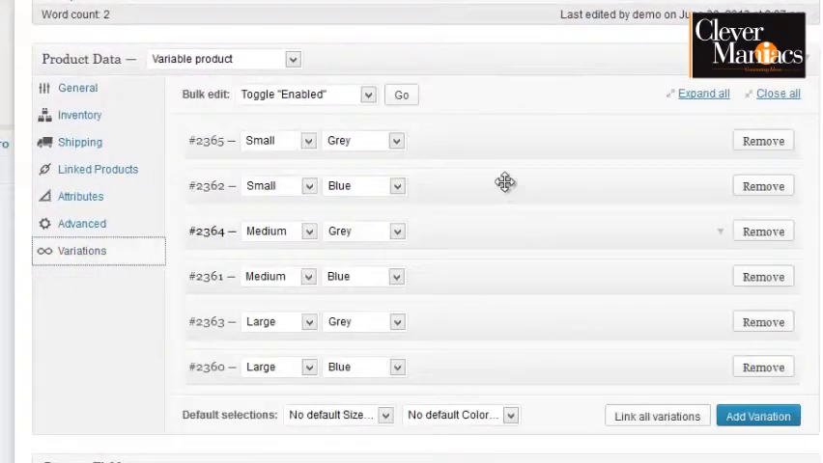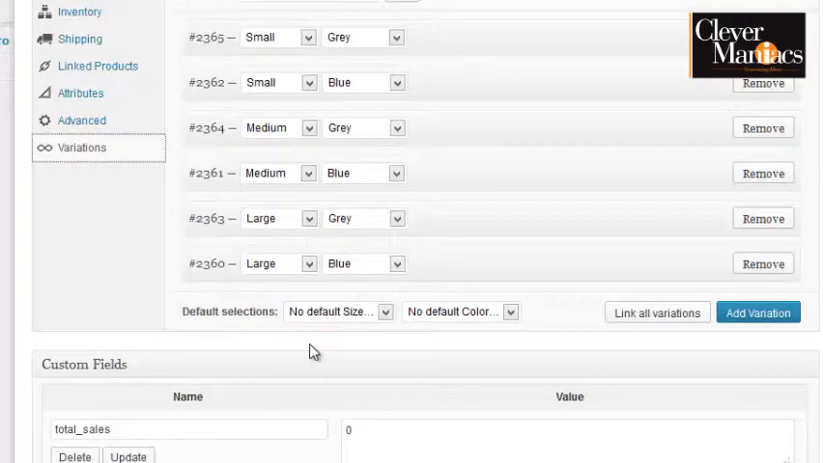Now we'll go back to variations here, just taking another look at it. Again, you can make this as complex as you'd like. You can have lots of variations. You really need to think about it and plan ahead about how you want to do this. Now, one more option here before I leave this screen and publish it, which I didn't mention before, is default